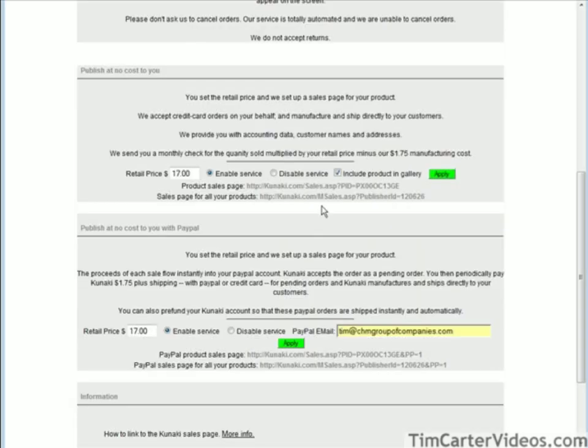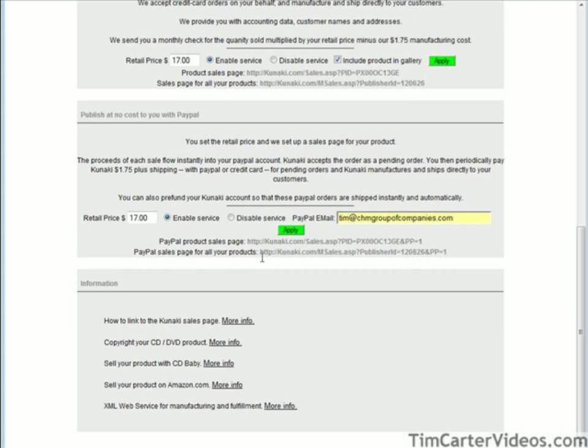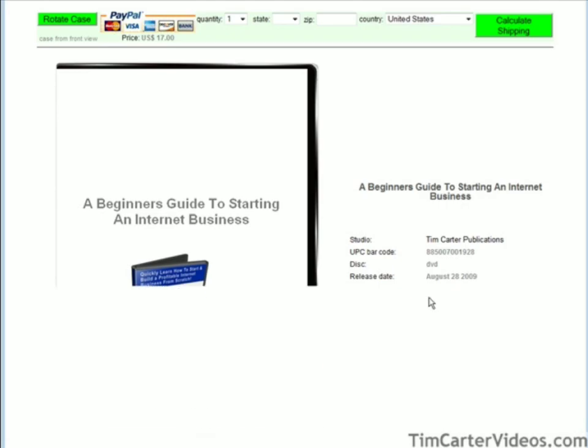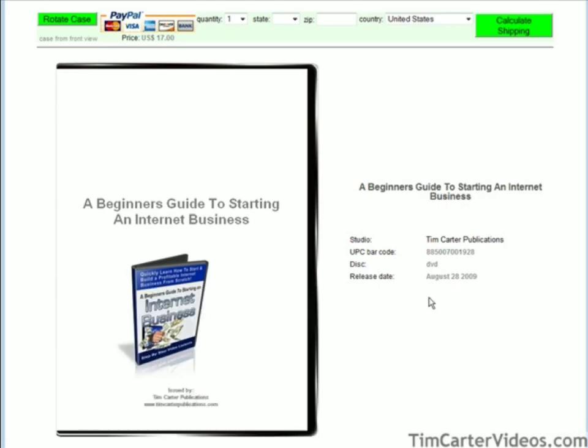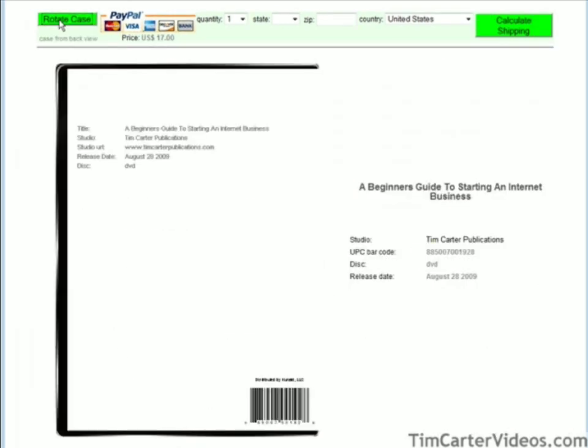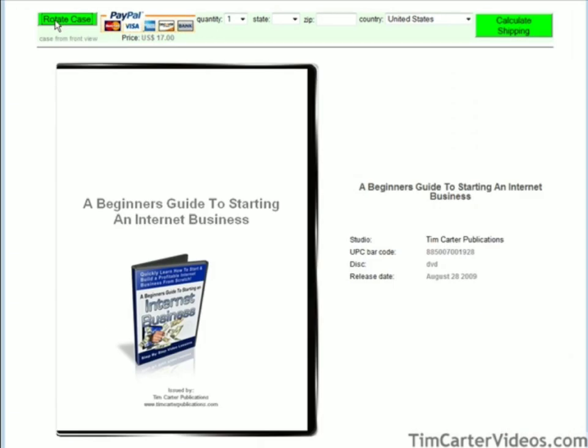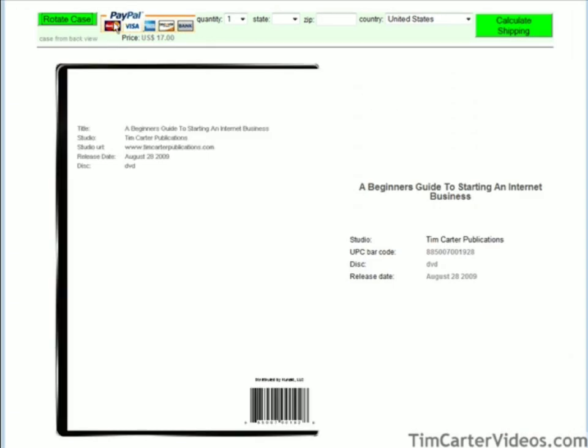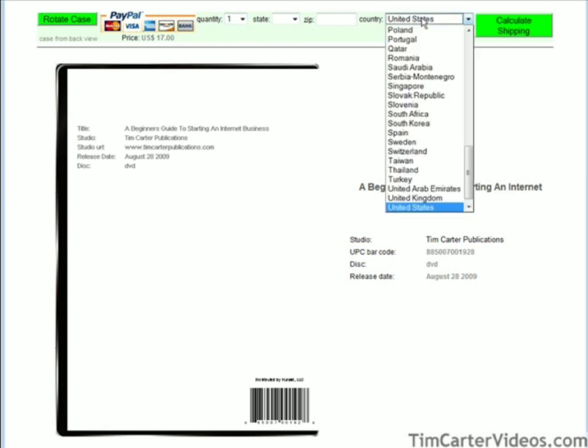Now, similarly with PayPal, you have two different sales pages. Though they look the same, let's click on this one. Here's a sales page for PayPal. And again, they can rotate the case. And you see here that they have PayPal as their payment option, and it's going to go to your PayPal account. So again, they would pick their country here,